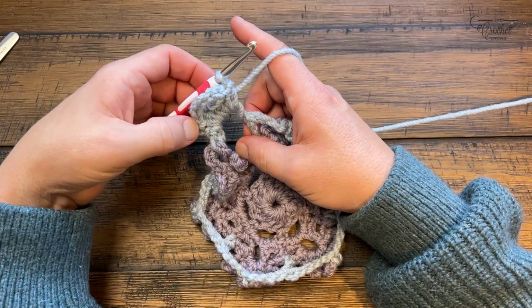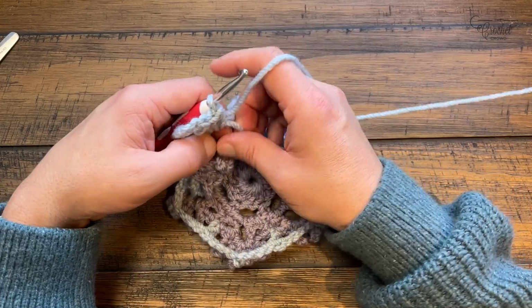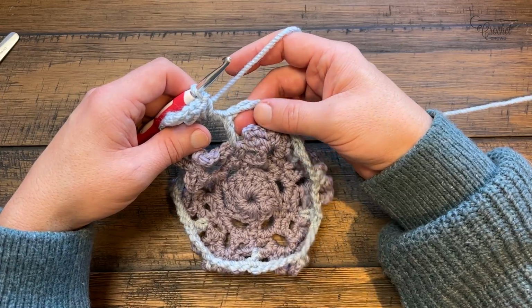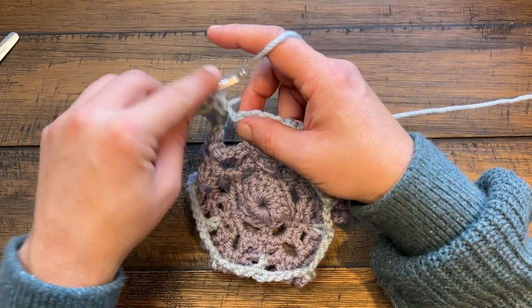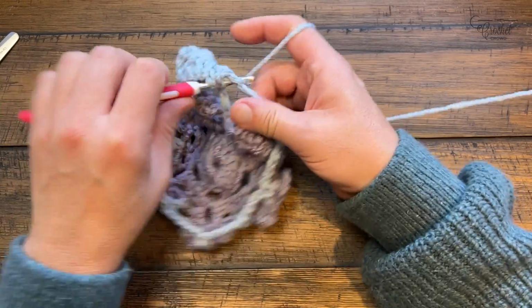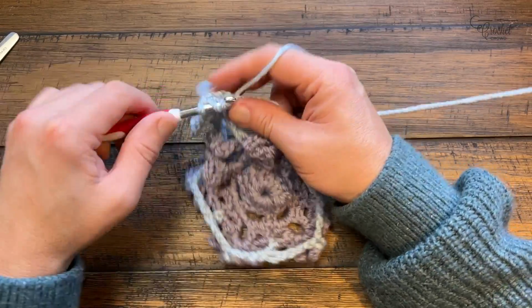Okay, so the chain 2 that you started here was just a starting point, so you don't have to do anything further with that. So every time you're doing a new space now, it's fresh. So just jump to the next chain 4 space here and do the same thing. So you're going to half, double, treble,